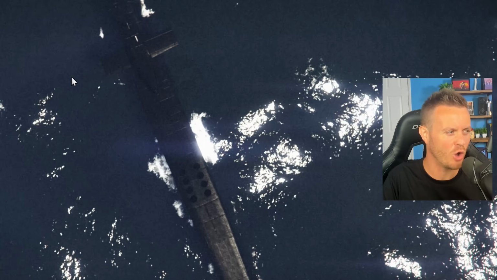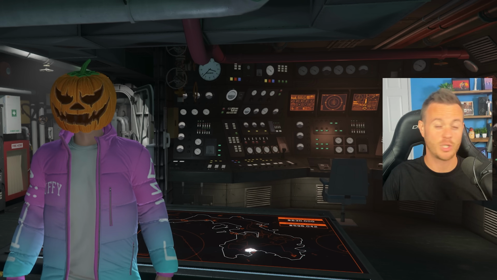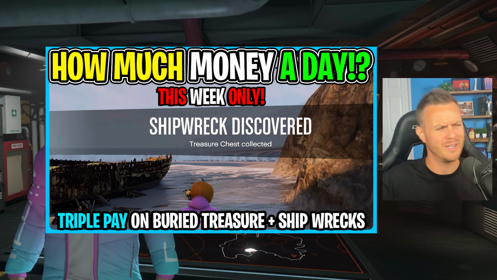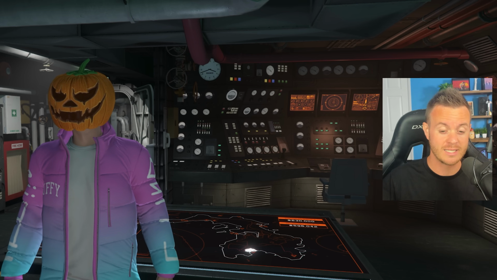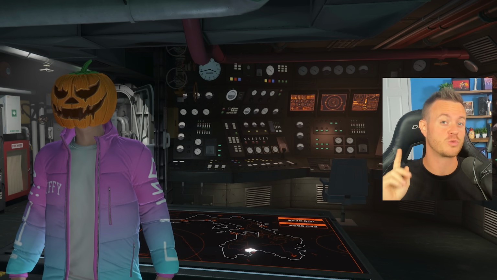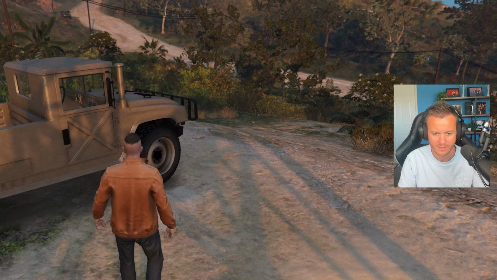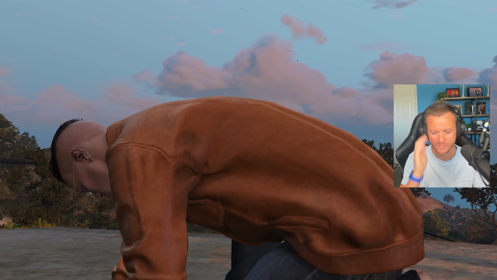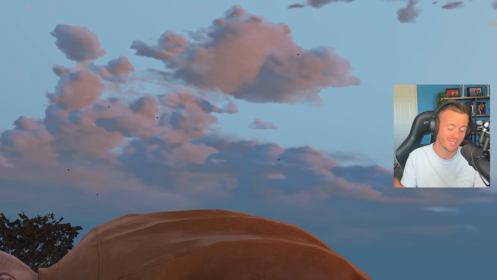All right, so for our first one, we're going to need to head on over to our Kosatka, where I'll explain a little bit more here now. So in yesterday's video, it was this thumbnail right here. I showed you how to make a very quick, I think it was 225 or 275,000. Literally, it takes you a few minutes. But in that video, one of the things was going to Cayo Perico for the buried treasure. If you didn't know, it's 3 times money this week for buried treasure, and you can get that obviously over at Cayo Perico. Now, I said just jumping in really quick and grabbing those 2 is going to make you